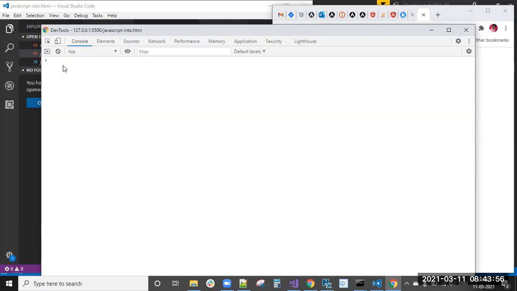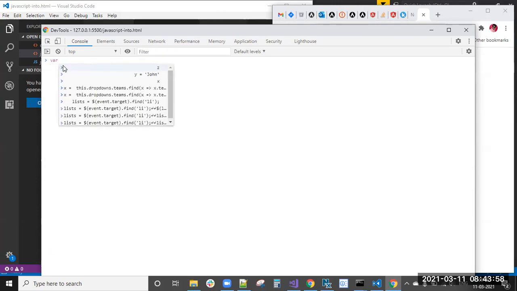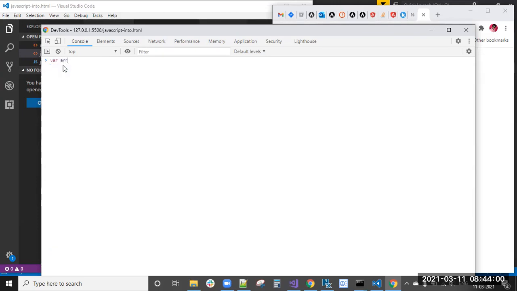Similarly, we have array. Where ARR equal to array. For these arrays we can have one class. Arrays and objects, don't confuse arrays and objects. We have one class. Here I have defined an empty array.